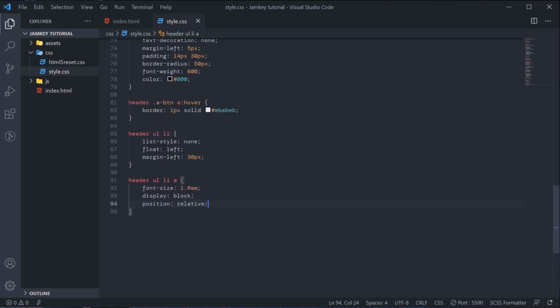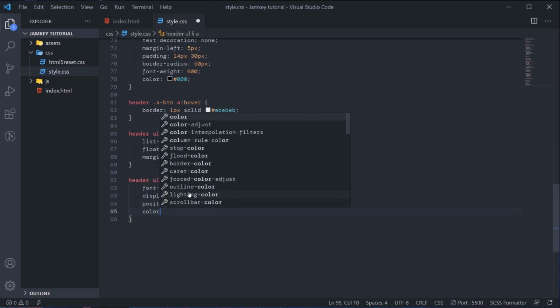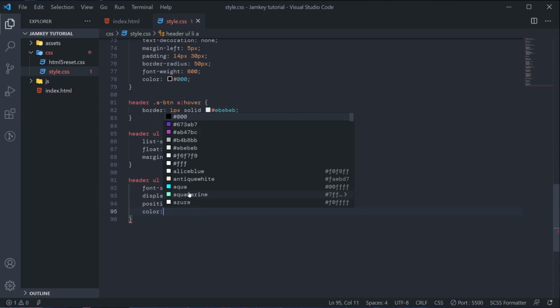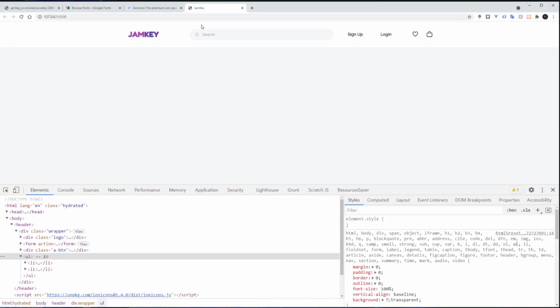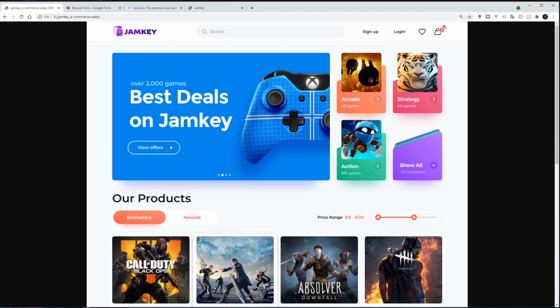The reason I set this position to relative is because of that counter for the cart there, because when we work on that one, I will change it to absolute. You get? That means this one. So I will set the anchor tag now to relative.